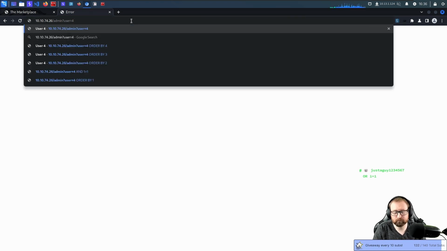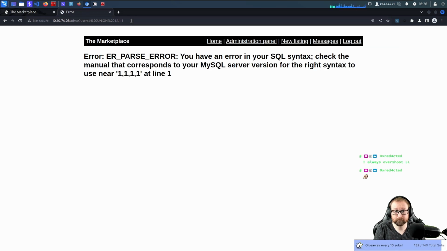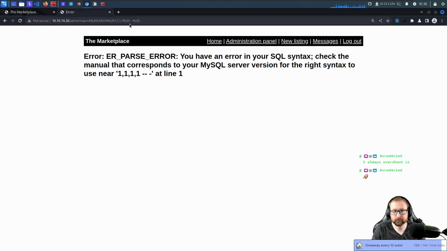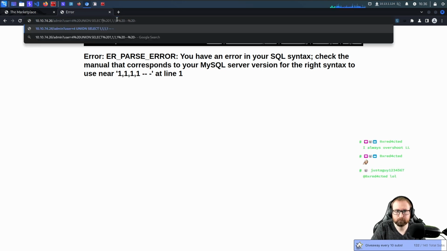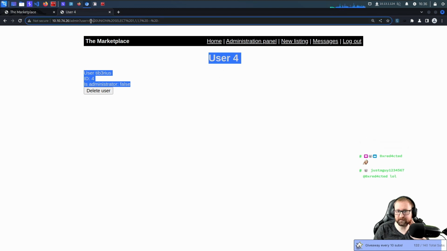So we can now do a union. However, if you think about it, if we do a union, let's just do 1, 1, 1, 1. We probably now need to just do dash, dash, dash. I need to do a union select because I'm an idiot. So you see how none of my 1s made it into here. Al got confused by this once, but it's very easy to fix usually. You just have to make the first query invalid.